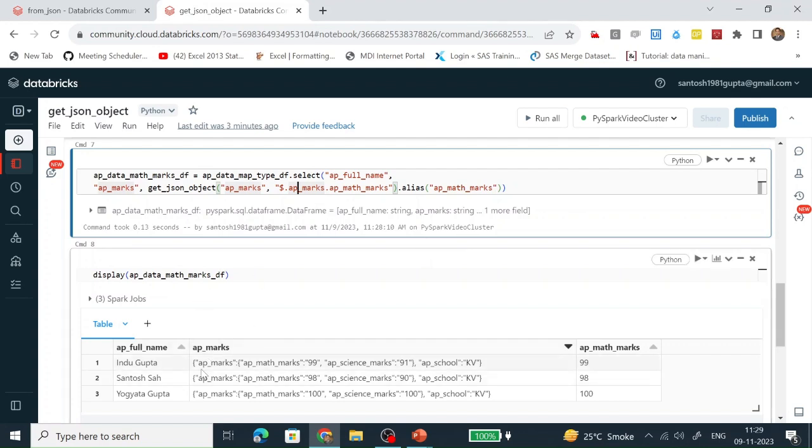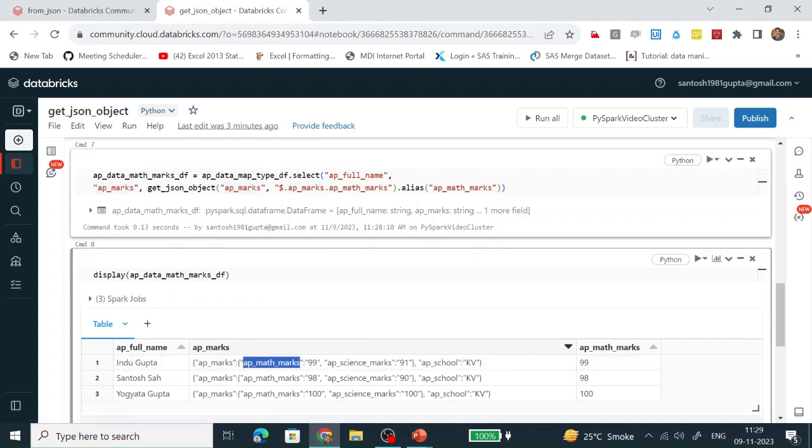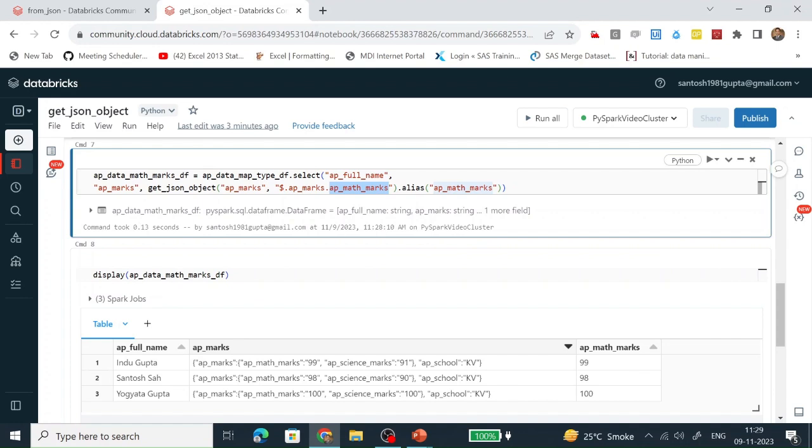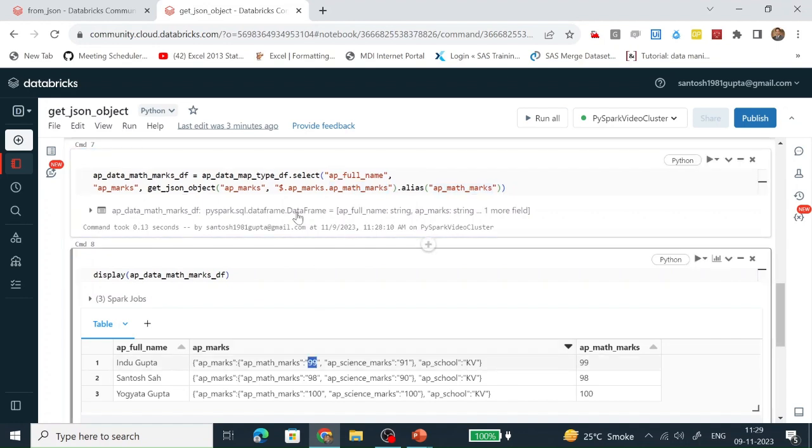So the full path is in AP marks, there is another AP marks element. So we have just put over here AP marks. Under this AP marks there is a JSON-like structure, and in this JSON-like structure there is one element known as AP math marks. So this is the AP math marks. It's fetching the value 99. Whatever value is provided here, it will fetch.